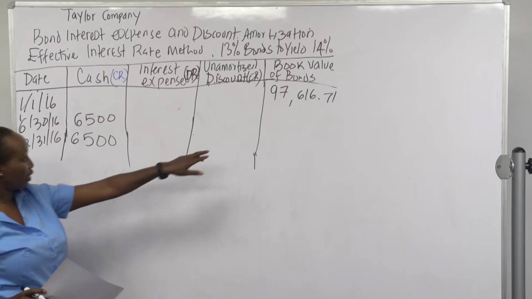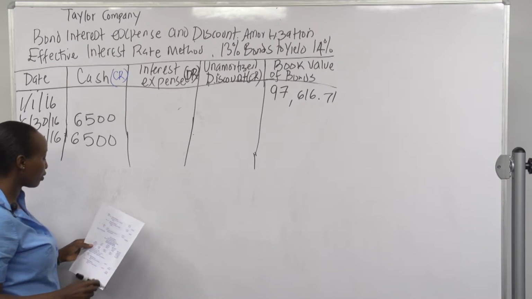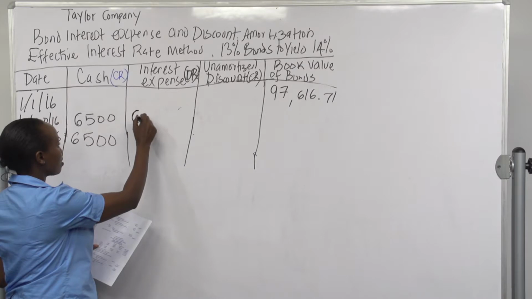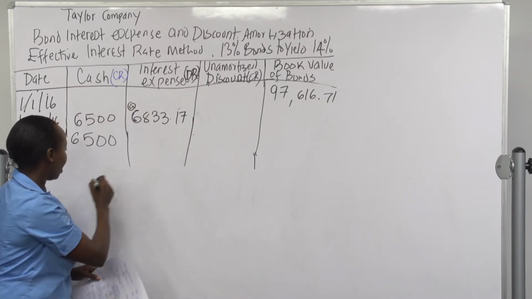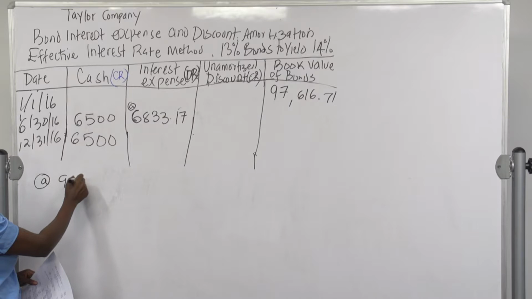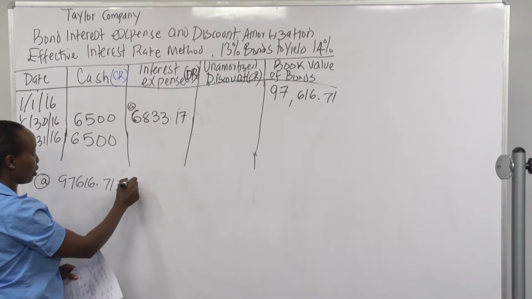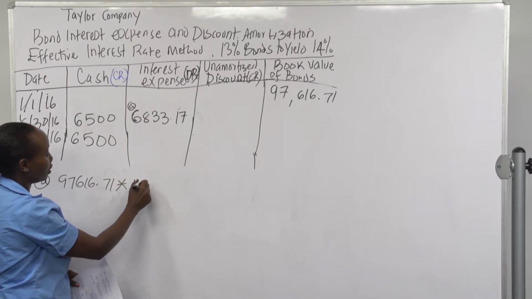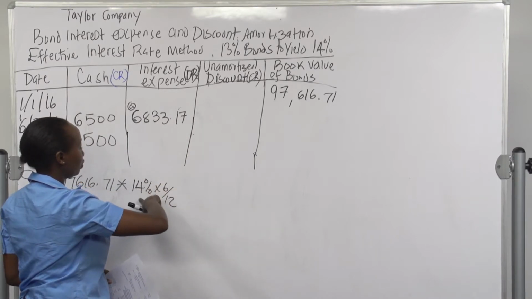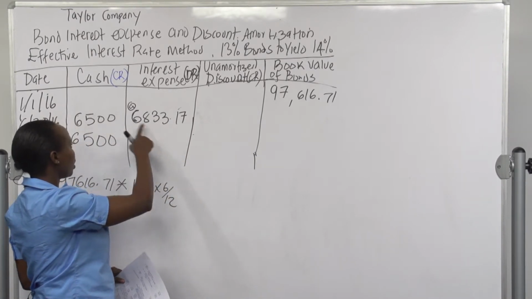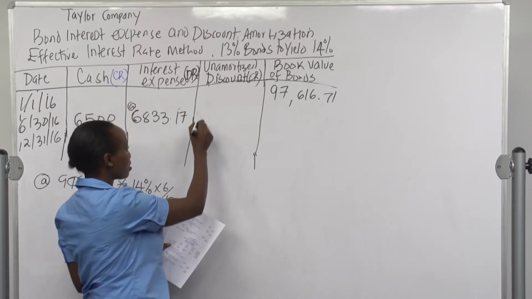For the interest expense, we take the last carrying value, 97,616.71, multiply by 14% times 6/12, and we get $6,833.17. We subtract 6,500 from 6,833 to get the amortization of the discount,